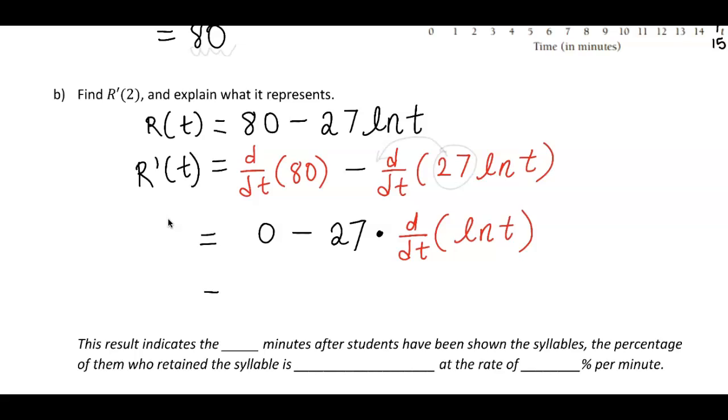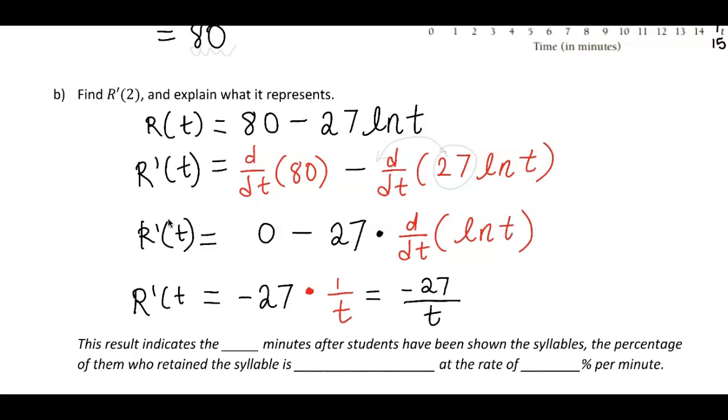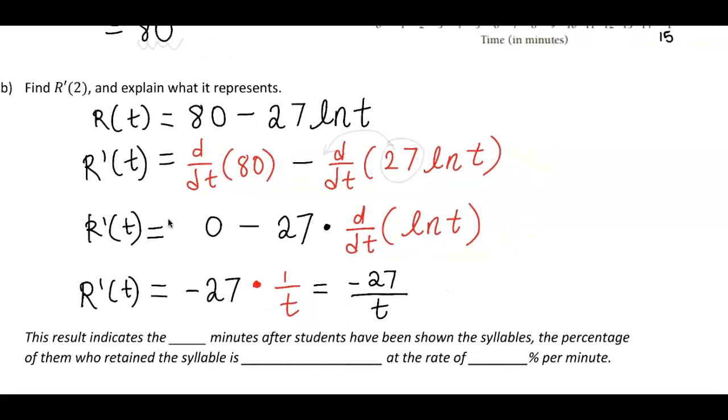Let's keep going. I don't have to write the 0 minus, but I'll write down negative 27, and the derivative of natural log of t is 1 over t. So my final answer is negative 27 divided by t. So that is my R prime of t. Now what do they want? They want us to find R prime of 2. So let's plug in. So R prime of 2 is negative 27 divided by 2, which is